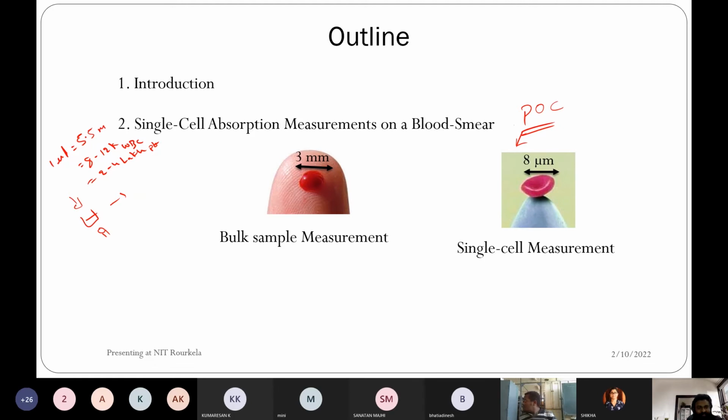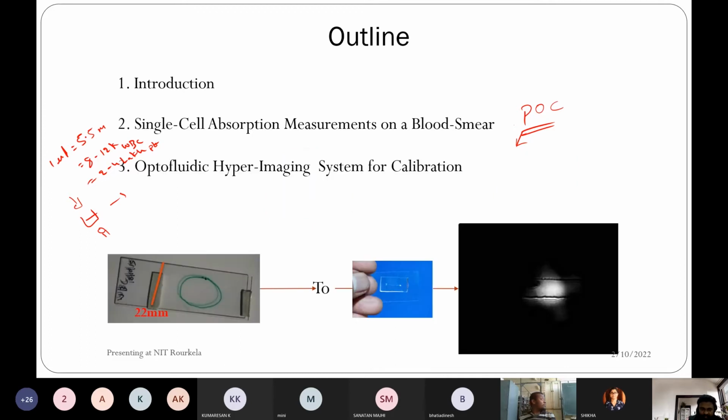So my past work involved the design and development of an experimental setup for measuring a single cell and its absorption. How we realized it, how we developed the experimental setup, and how we measured single cells and their absorption will be discussed. Here we are able to measure the single cell and its absorption using a custom developed system, but it has some limitation,